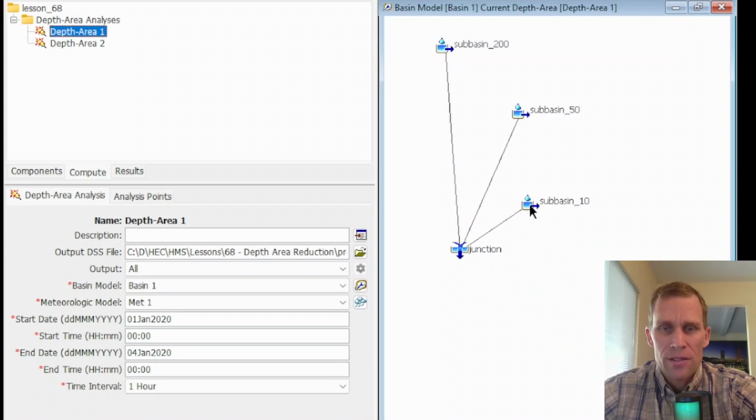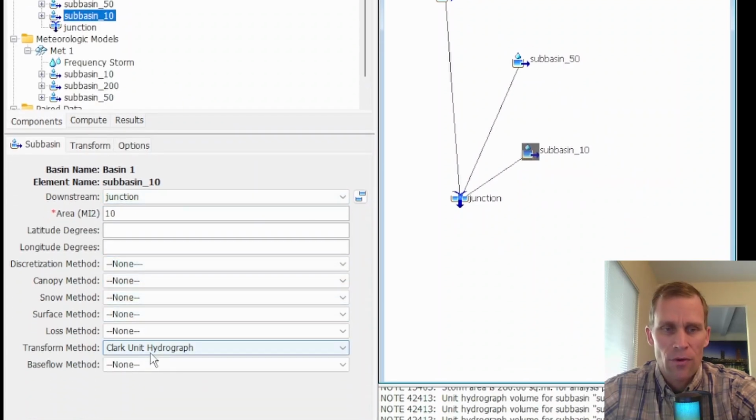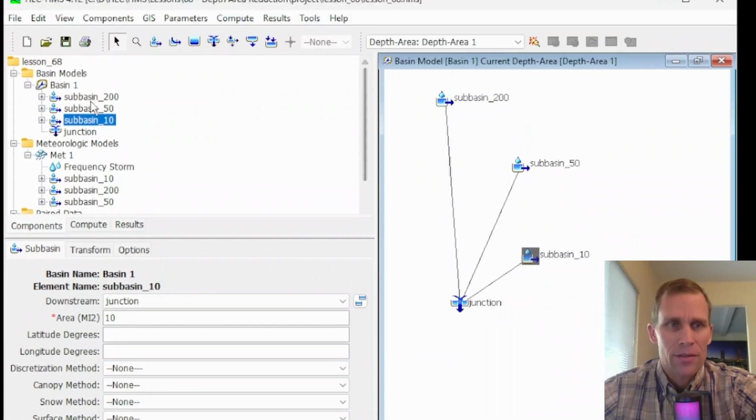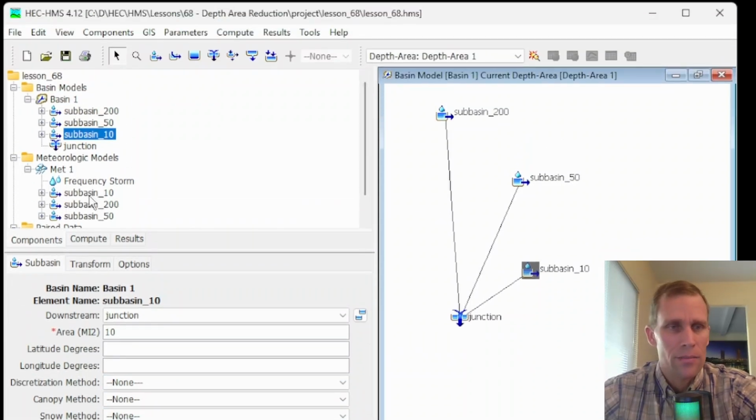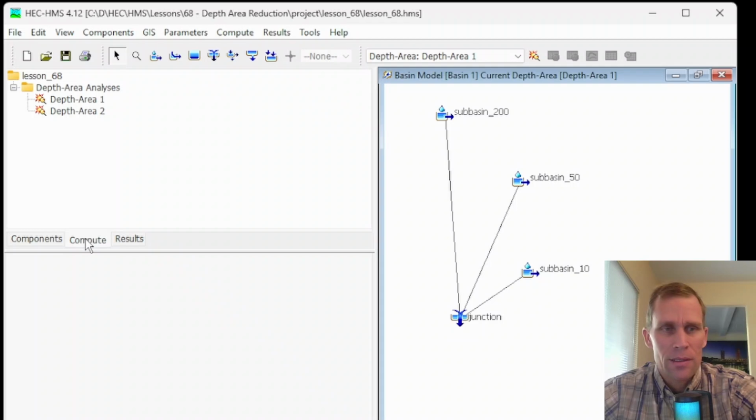All of the subbasins, by the way, have just a transform method. There's no base flow, there's no losses. It's just us keeping it as simple as possible to isolate the topic of the lesson, which is the depth area analysis. One last thing I need to point out is if you click on compute and then